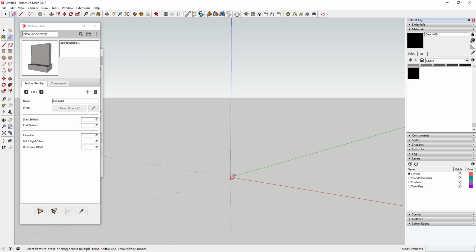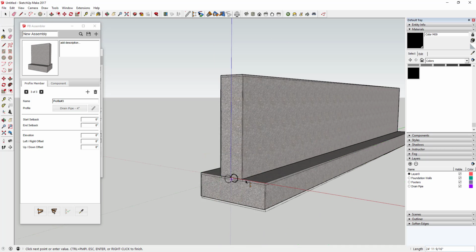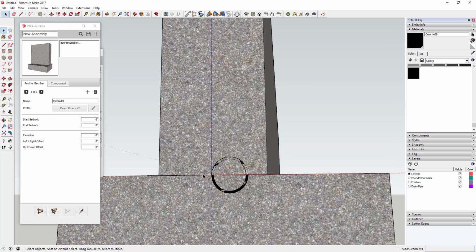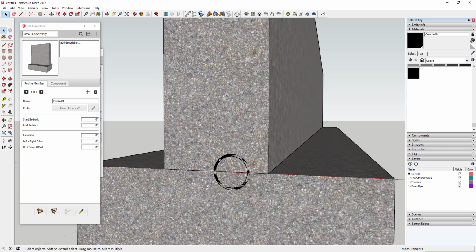The reason for that is if I bring this in, that drain pipe is going to come in this wall, just like this. So you can see how it's not quite offset the way that we want it to be offset. The way that we're going to fix that is to adjust the offset of the object. Basically, we want to move this from the center point. We want it to come over 6 inches, and we want it to come up